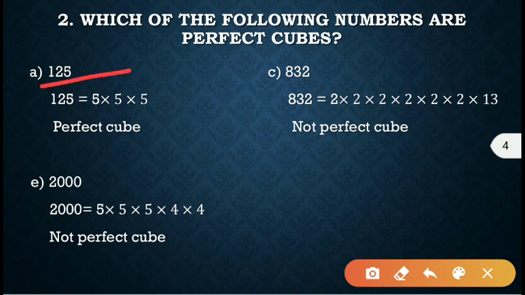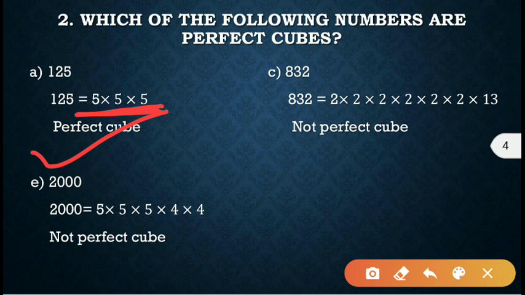Okay, here is the case of a cube. So you will make a group, and in each group 3 digits should be there because it is a cube. In the square, when we were making a pair, 2 digits were there. Here it is a cube, so in each group 3 digits should be there. So this is the one group.